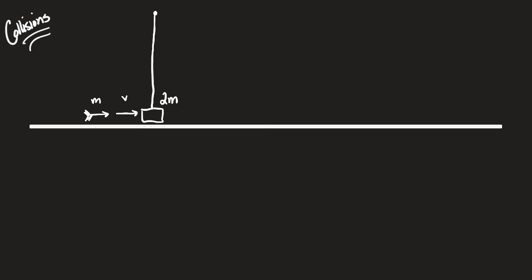And let's say that this mass is hung on a cable of length L. The dart's going to stick to the box, and in so doing, the box and the dart are going to swing upwards, making an angle of theta with the horizontal before coming to rest, and then beginning their motion back downwards. What I would like you to tell me is, what is theta in terms of the given variables in